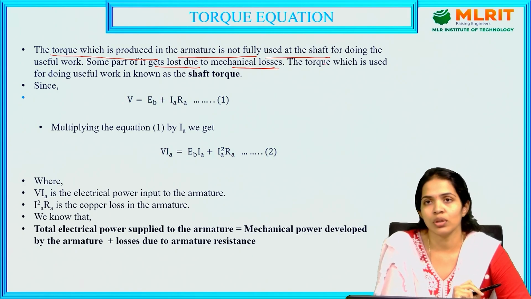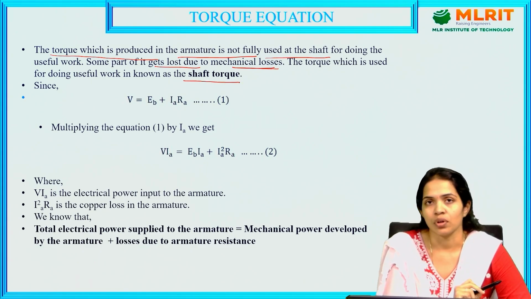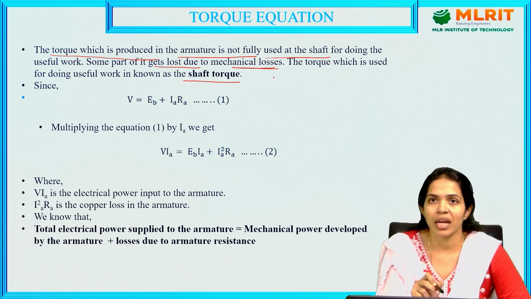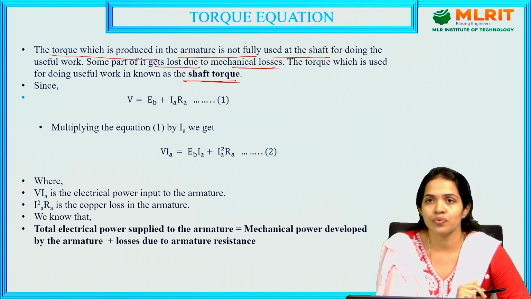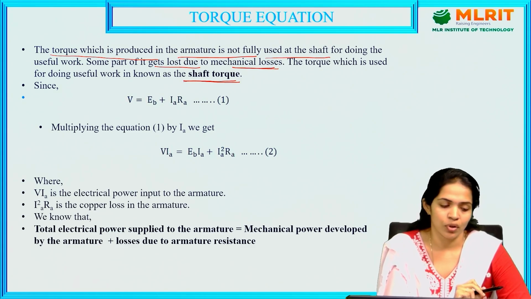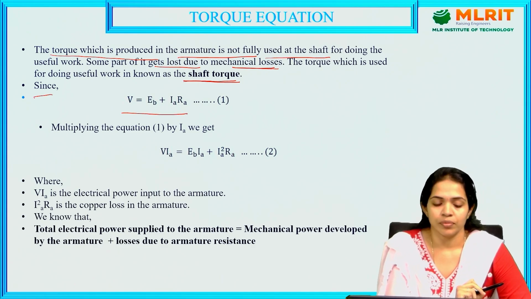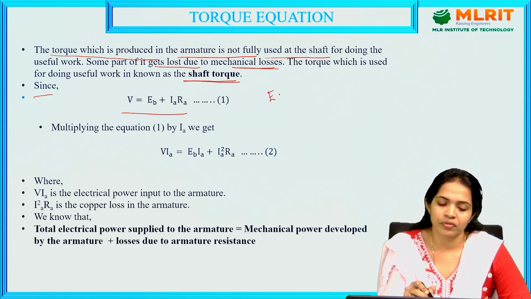The torque which is actually used for doing the useful work, that is converting the electrical input to the mechanical output, is called the shaft torque. As we have seen, some of the torque gets lost in the mechanical losses, and the remaining torque, which is useful for doing the actual work in the motor, is the shaft torque. We know that the voltage equation for a motor is